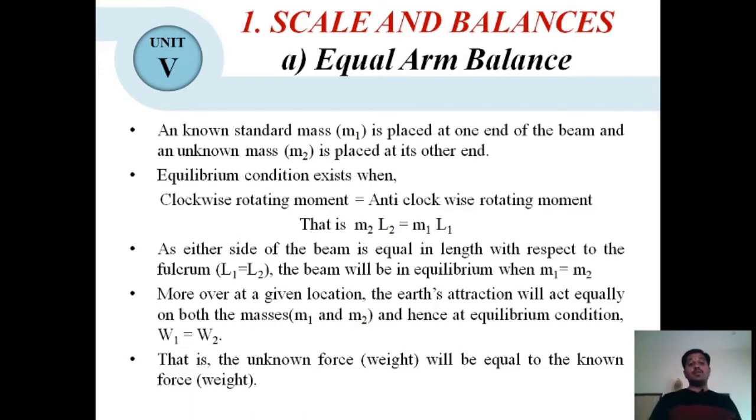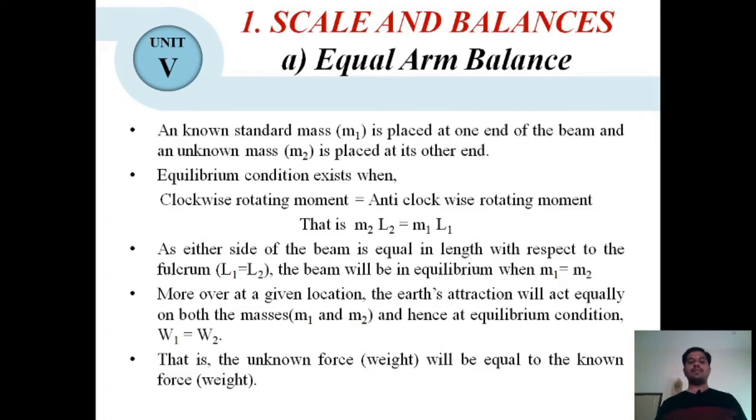As the next point, since either side of the beam is equal in length with respect to the fulcrum, L1 and L2, the beam will be in equilibrium when M1 is equal to M2. So here it is not at all depending upon the values of L1 and L2. Why? These values L1 and L2 are fixed. Only the changing element is the masses. In the changing element of masses also, we are considering one as the standard, which is also fixed. The unknown value, M2, is the only measurand